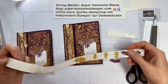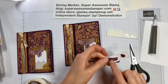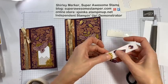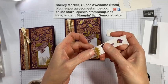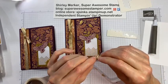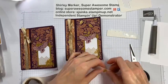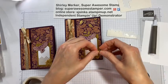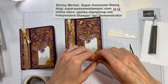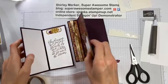My little oak leaves. So I've already die cut those out. I fussy cut some ferns. Those belong on the inside. So down here, you can't see the glue dot through there because it's got that coating. It's a little thicker vellum than in years past. A little more sturdy. Maybe they had to make it a little more sturdy because the shimmer is in there. So I'm just doing 3 of those small die cut oak leaves for a little bottom swag. All right, now let's open that up